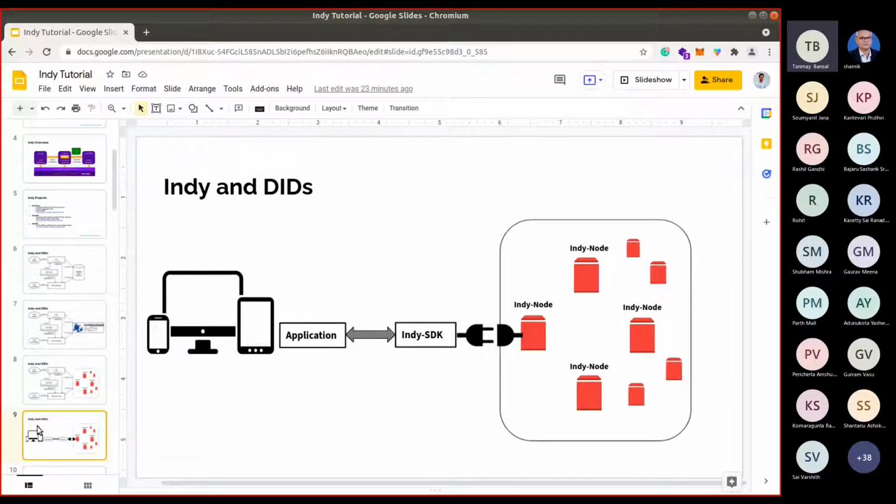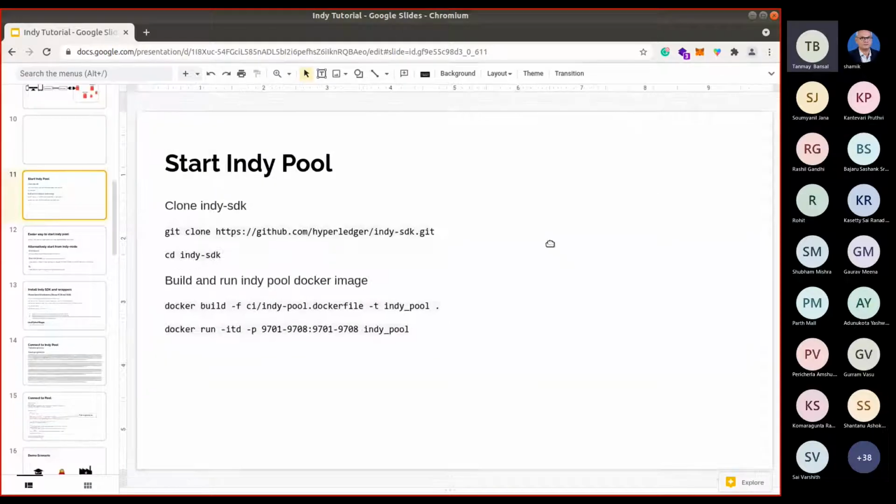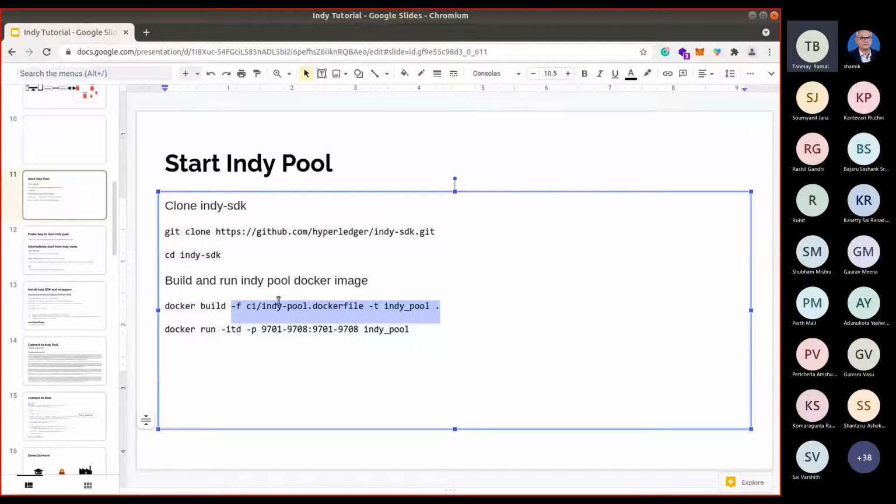First, we need to know how to access an Indy network, or at least how to configure an Indy network and use it. The official guide says that you can clone the Indy SDK, and the easiest way is probably to create a Docker image from the SDK's Dockerfile, and then run this Indy pool image and specify some ports.